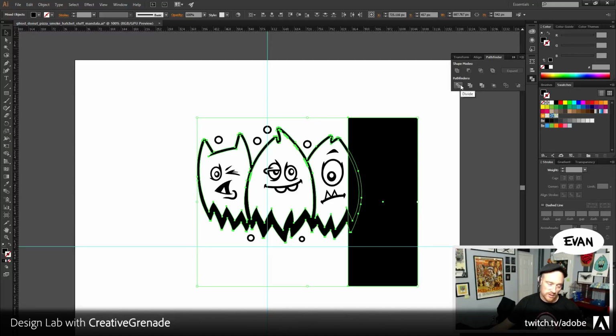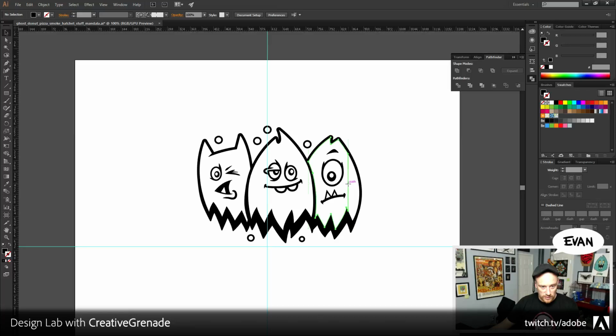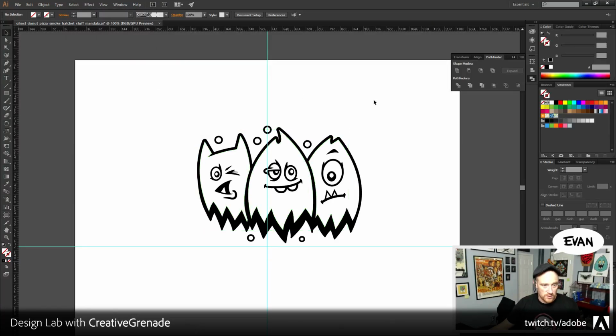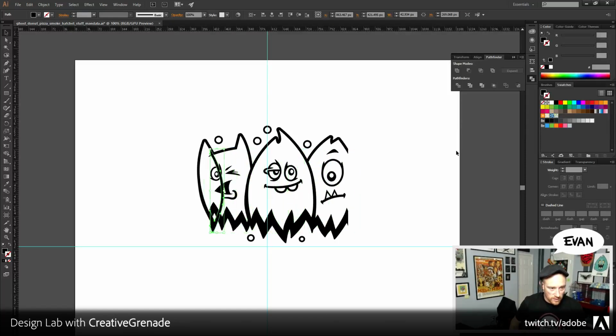I'm going to ungroup it, and we're going to get rid of the stuff we don't need. And then we're going to have more empty shapes. So select, same, fill and stroke. All right, so now here's his side. We can drag it over. And yes, we made him just pudgy enough to where we have a seamless